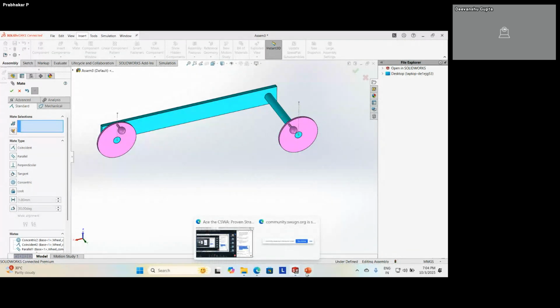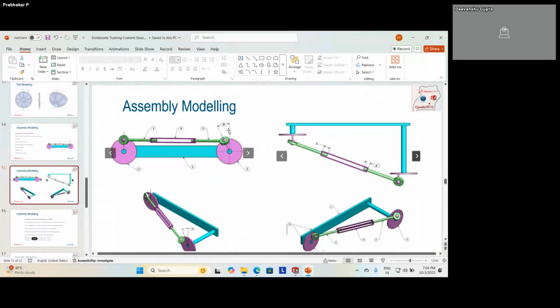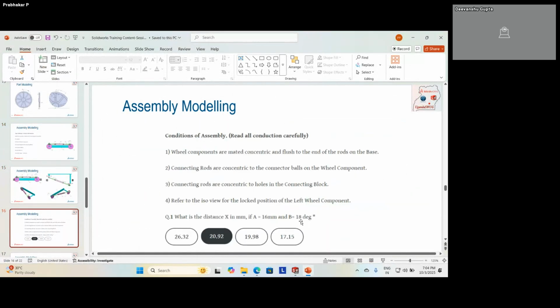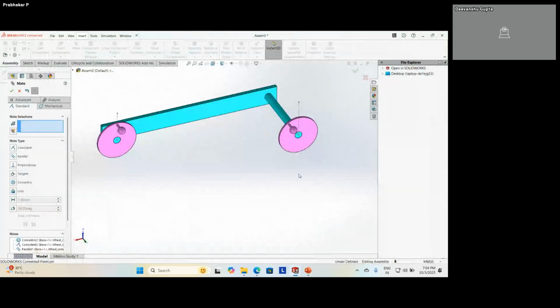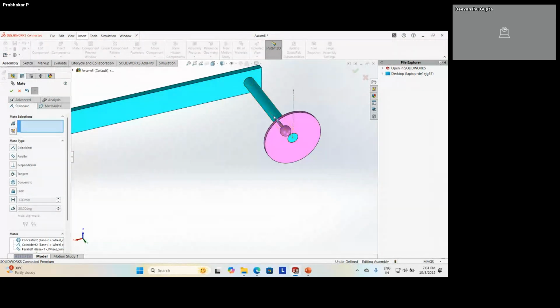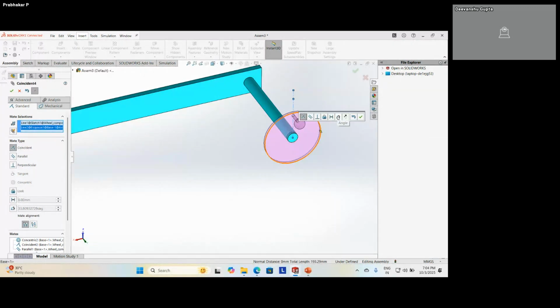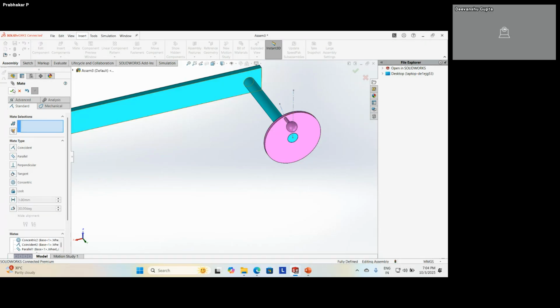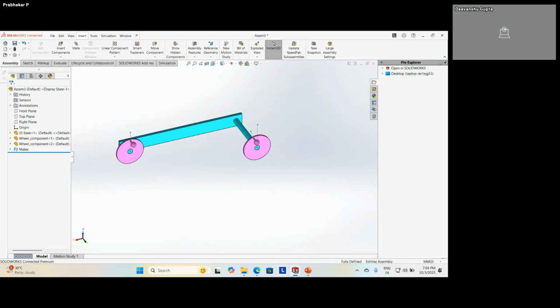Next, in the question we have seen here, B value, B angle they have mentioned, right? B angle 18 degree. This and this angle 18 degree. So I constrained all this thing.